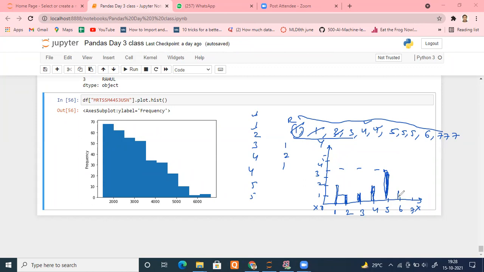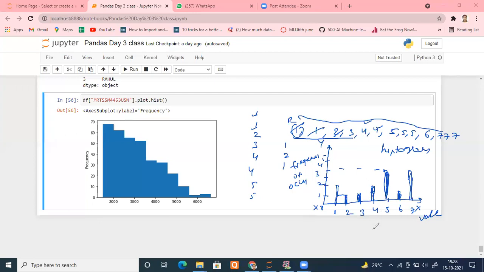Only once. And how many times is 7 occurring? Again 3 times. So here what are we plotting? We are plotting frequency of occurrence, and here we are taking values. This is nothing but your histogram.